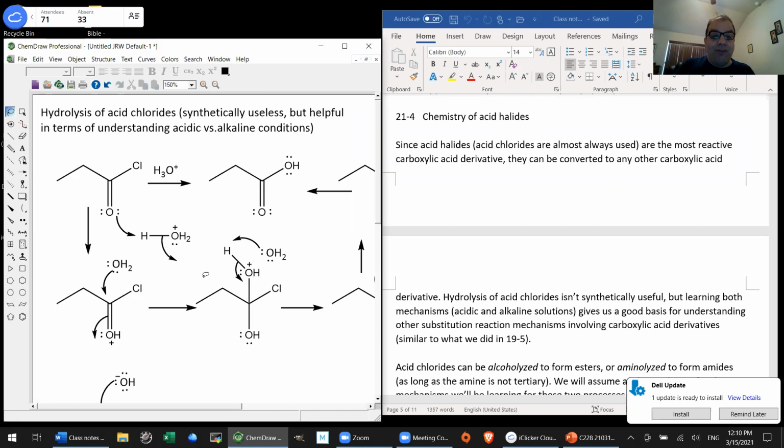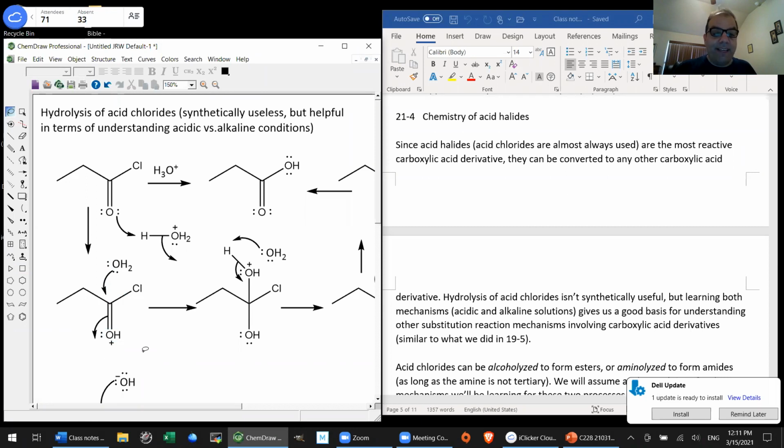And we're going to use the only species that makes sense with what we're given, which is a hydronium ion. So we'll use that to put a proton on our carbonyl oxygen. Now this species is ready for nucleophilic attack. And so our nucleophile will in this case be water. That's the only reasonably nucleophilic species that's present. And so water will attack the carbonyl carbon, and we'll